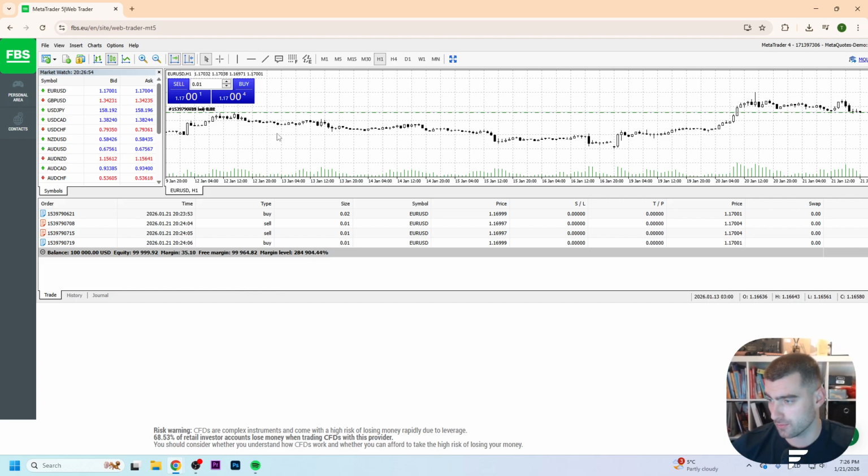And it's quite simple because you need to log in with your account. So click on File and make sure that you log in with any account. And right now we just logged in with a demo account,